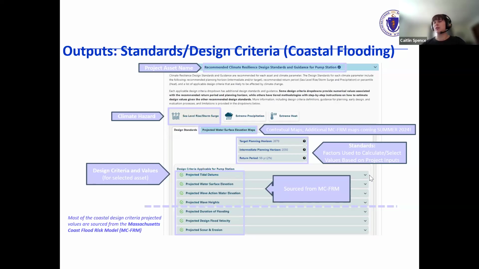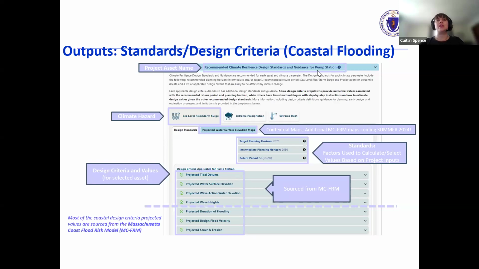The design standards also recommend a return period of a 50-year coastal storm return period or a 2% annual chance of flooding event. Each of these boxes below under design criteria applicable for, in this case, the pump station asset, provide things like the tidal datums, water surface elevation, wave action water elevation, and others.